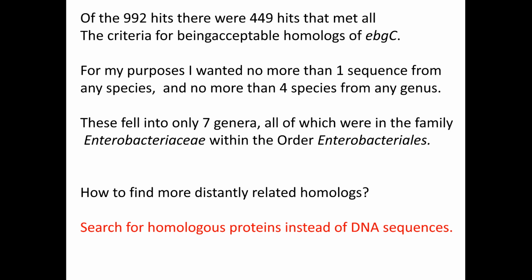The answer is to search for homologous proteins instead of searching for homologous DNA sequences, because DNA only has 4 character states, and by the time you get down to approaching 25% sequence identity, you're looking at what is basically a random sequence in terms of how related it is to your query. Proteins have 20 amino acids. That's 20 character states, and you can get down to approaching 5% sequence identity before you get into that random noise. So we're going to go right back to the beginning of this